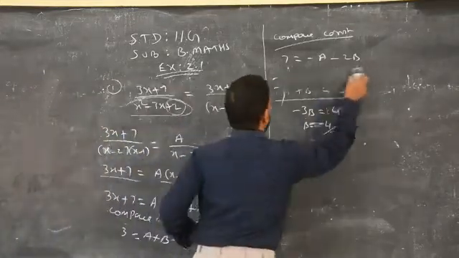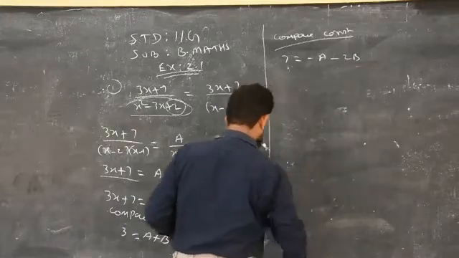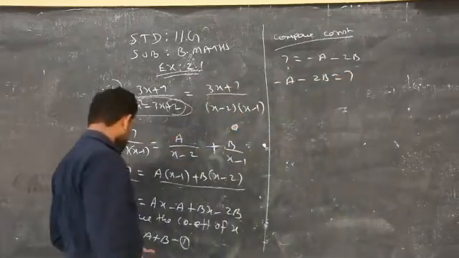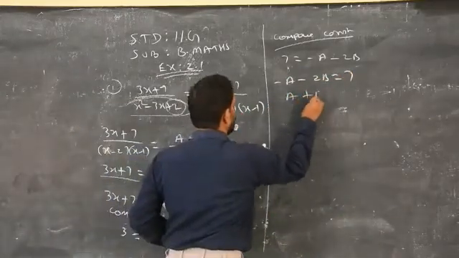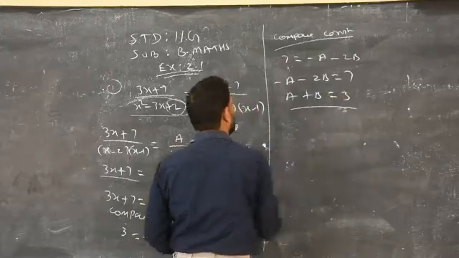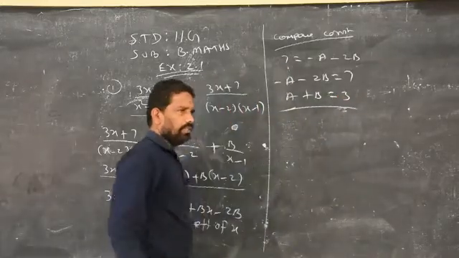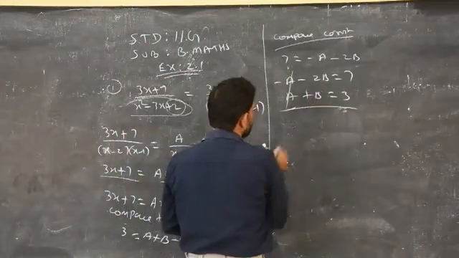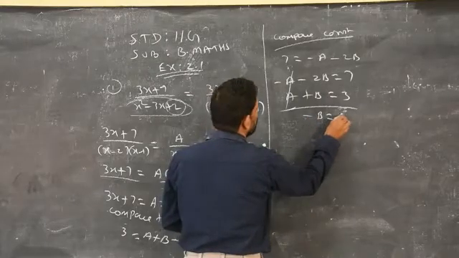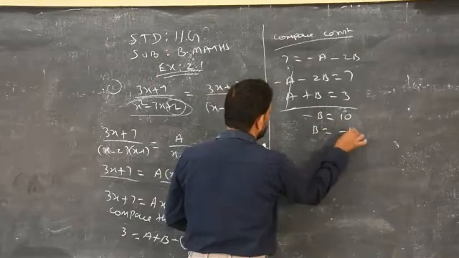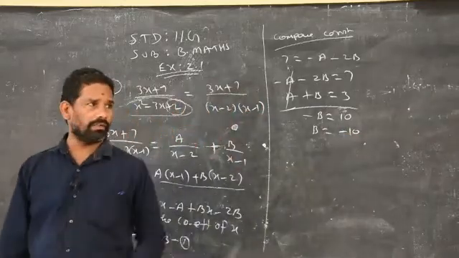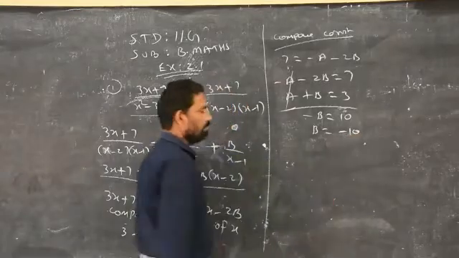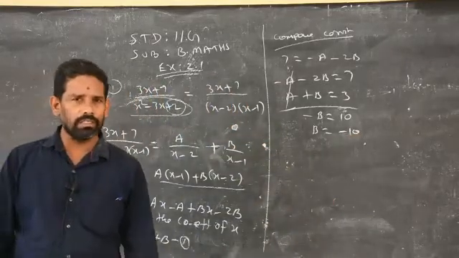Now we will proceed. You will now get the different answers. So minus a minus 2b is equal to 7 and a plus b is equal to 3. Do you want to change the sign to eliminate a? No need, because there is already minus and plus. Straight away cancel. Minus 2b plus 1b will be minus b is equal to 10. Therefore, b is equal to minus 10. You see, because of one negative sign, the previous one will get some fractional format for b, but here we get b is equal to what? Whole, that is a negative number, minus 10.